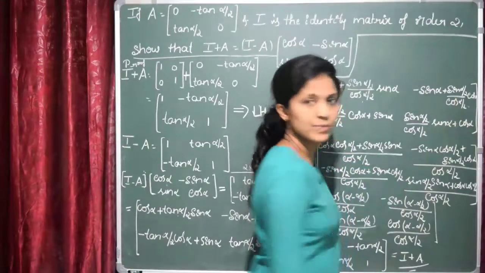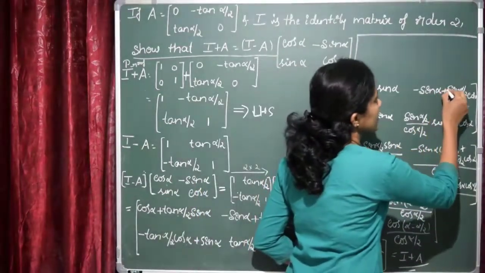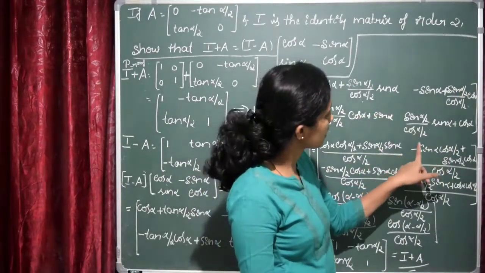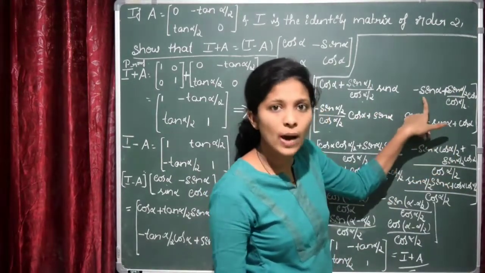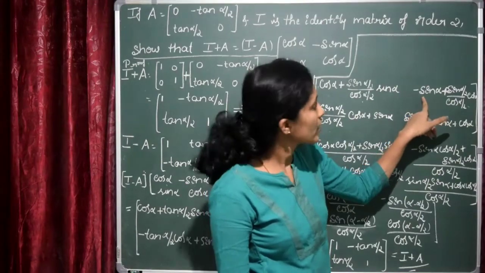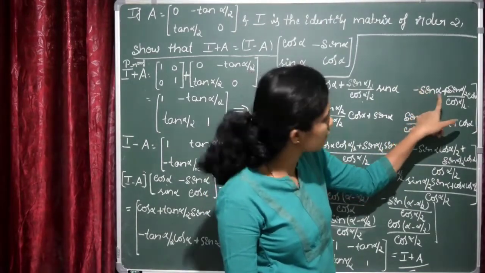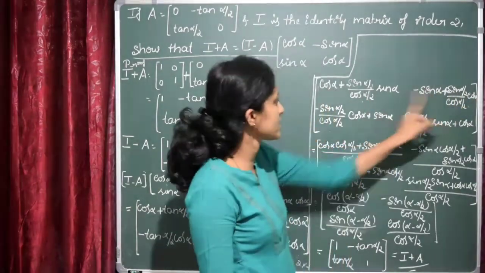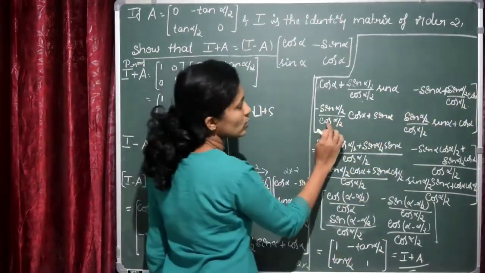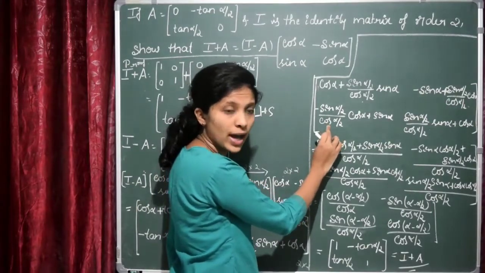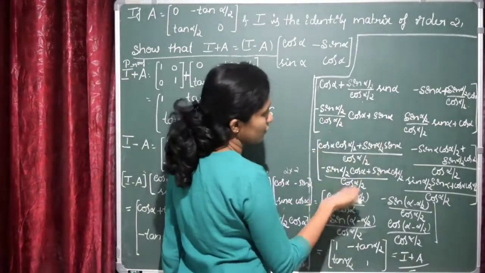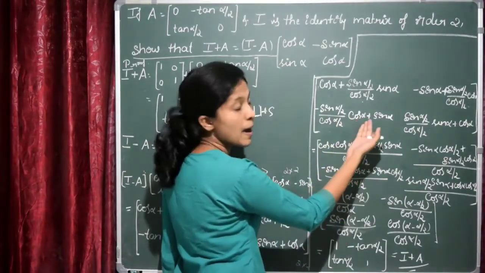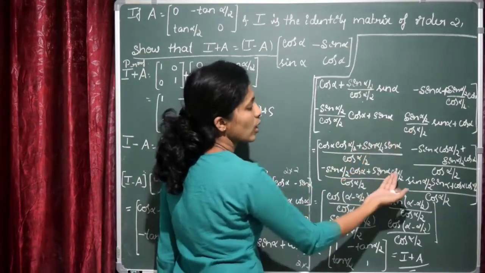Here what we have to take? Here in between the plus sign is there. So you have to take cos alpha by 2 as LCM. If you take cos alpha by 2 as LCM, remaining here you have to multiply by cos alpha by 2, right? Cos alpha by 2 into sin alpha plus, next as it is, sin alpha by 2 into cos alpha. This is the first and second element. Here also it is similar. You have to take cos alpha by 2 as LCM. If you take cos alpha by 2 LCM, remaining minus sin alpha by 2 and cos alpha as it is, plus sin alpha into cos alpha by 2.